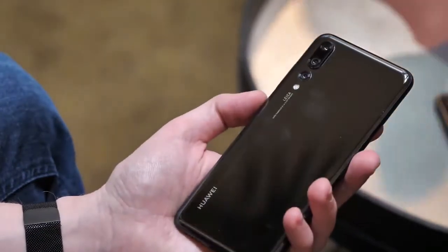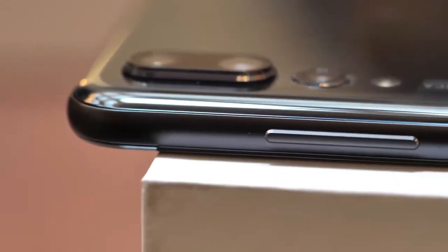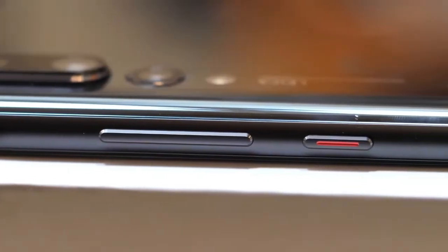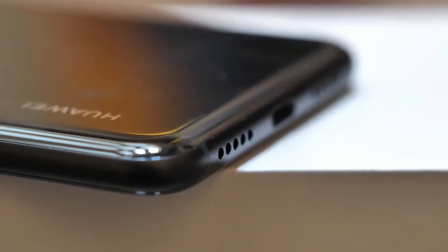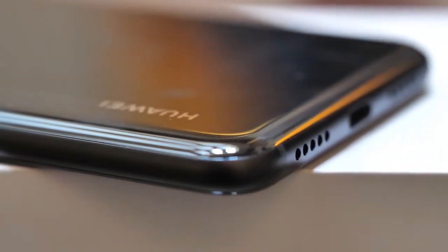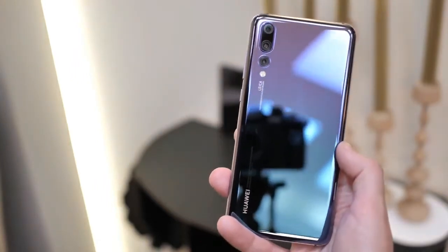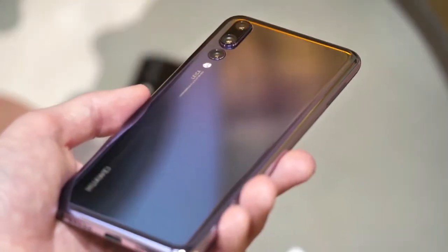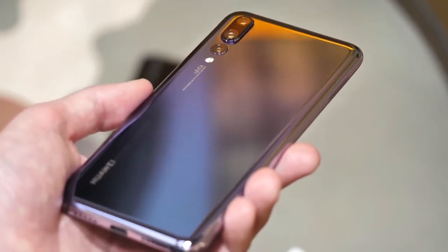So the P20 and P20 Pro represent a huge departure from the design language of just about any previous Huawei phone. It's all about curved glass now with beautiful mirrored finishes and glass panels that blend almost seamlessly into the metal frame. There's a standard loadout of colours available, including your usual blacks and golds, but the one that's really worth talking about is its absolutely gorgeous twilight gradient, which shifts through turquoise, blue and purple from top to bottom and shimmers as it tilts through the light. Whatever other issues you might have with the P20, you can't deny that in this colour it's definitely the prettiest